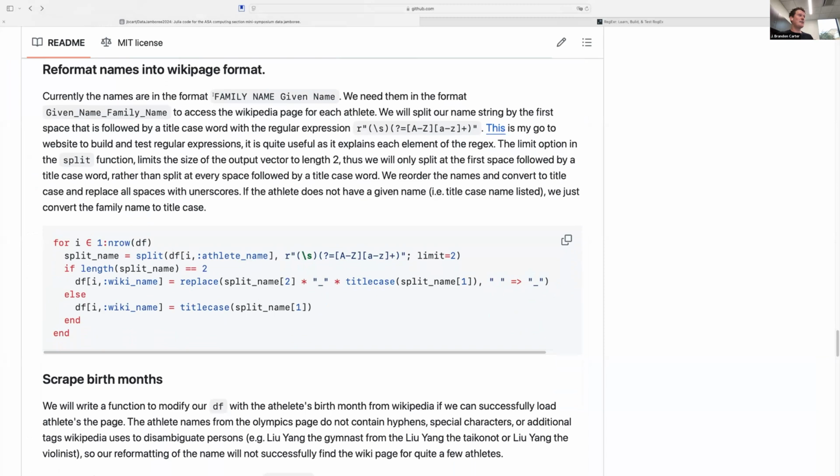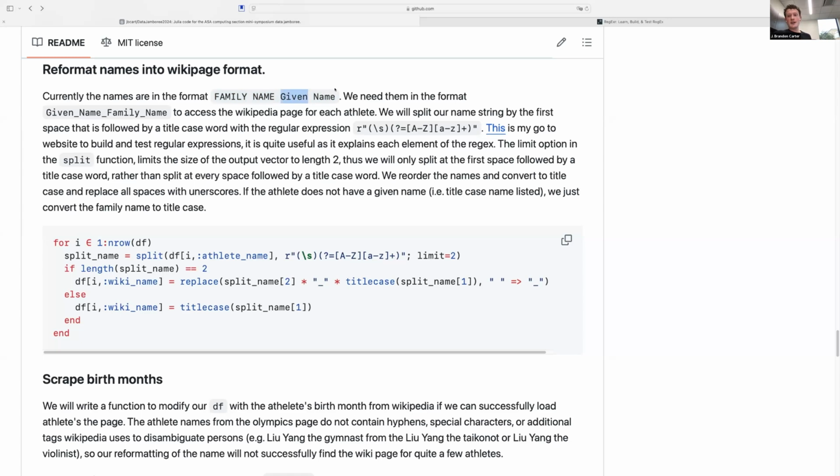So right now we have the family name in all caps and then the given name in title case. So the easiest way I thought was to find the first space that is followed by a word in title